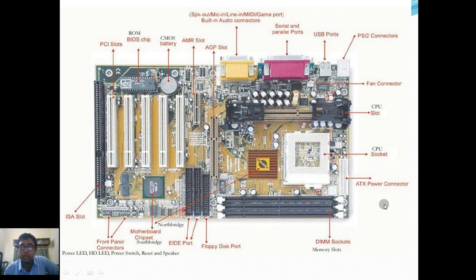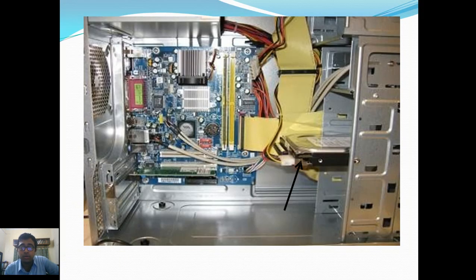This is the inner side of a CPU. Now this is how it looks, the whole thing. This is the chipset where we put everything. Now you can see these are the capacitors, of different sizes, small and big. These all are the connectors that you can see. This photo has been taken from outside of a CPU; open the front side door and you can see all these things.